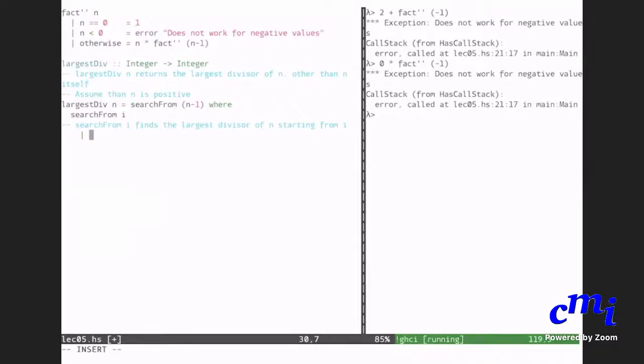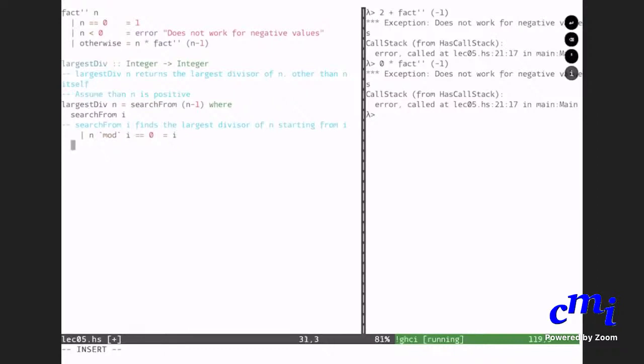Within parentheses n mod I. N mod I equals 0. Okay. If that is the case, then what should I return in this case? In this case, it means that I itself is a divisor of n. I'm finding the largest divisor of n starting from I. So what should I return now? I.